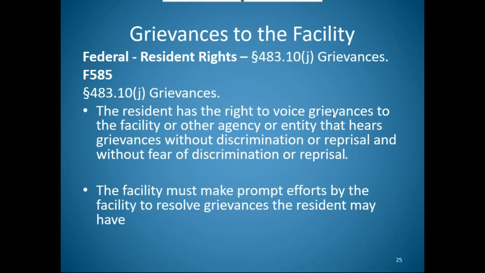Here's probably the answer to that big question, why don't they come to us? Number one, anytime there's a complaint and the complainant has actually released their name, even though it's kept private, the surveyors contact these complainants and discuss the allegations. And there's two things we always hear. One of them was, well, I didn't want to tell the facility about it because I didn't want mama to get bad care. Or I didn't tell the facility about it because I was afraid they might get mad at me and not take care of me.